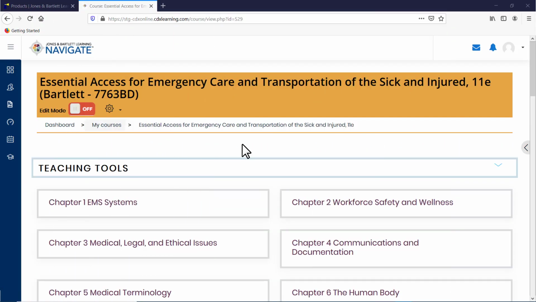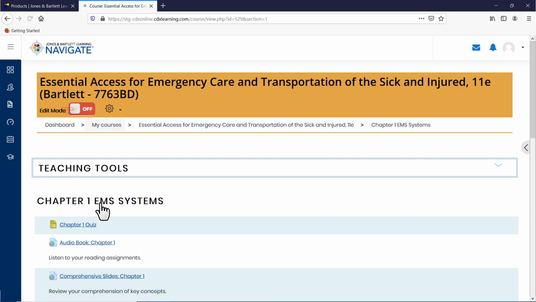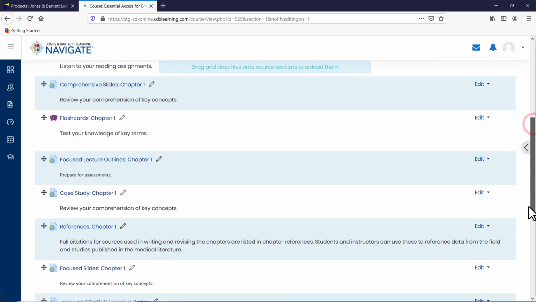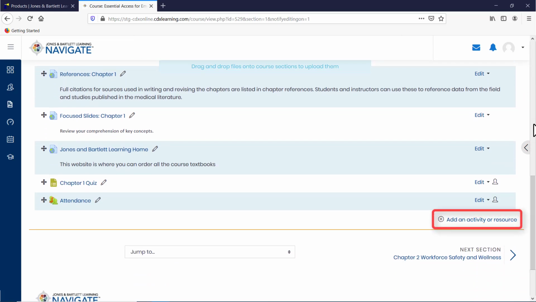Navigate to the course topic or section in which you would like to locate the forum. Then, use the button at the top of the page to toggle on the course edit mode. Next, scroll as needed to find and select the Add Activity or Resource option at the bottom of the page's